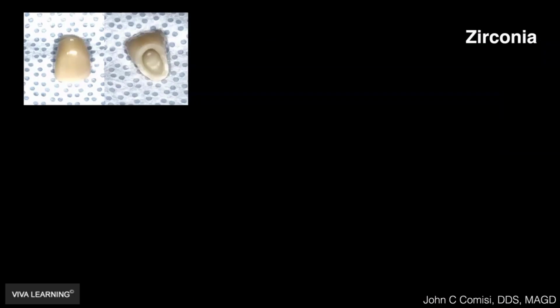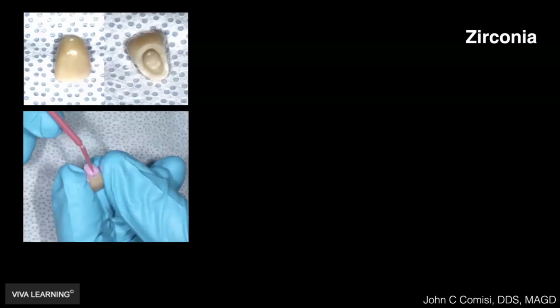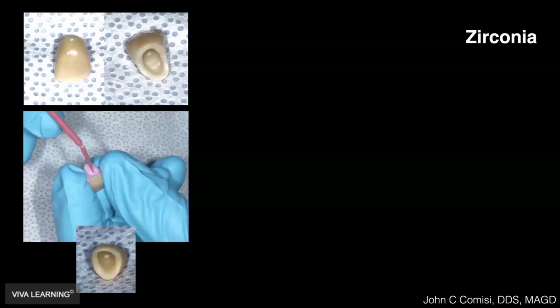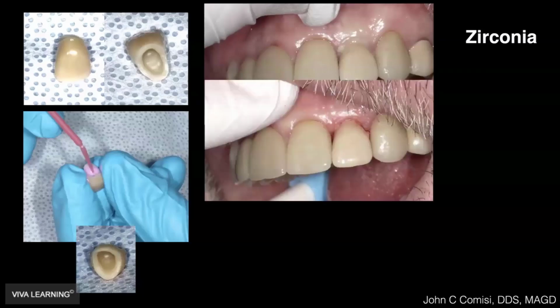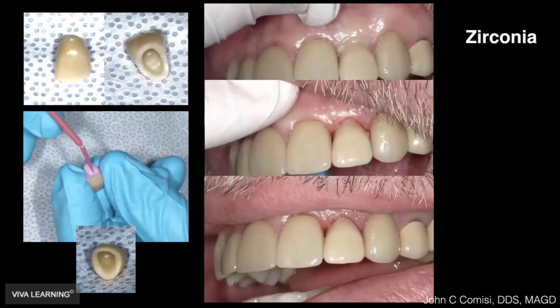And again, this is mine. Again, cementing this into place. We have this beautiful crown. You see the facial aspect of it and the intaglio surface. We went ahead and we used IvoClean in that area, and then used a zirconia primer with MDP. We then cleaned that all up. We then placed the Activa cement into the intaglio surface, placed the crown into the area there. You can see the excess. We tack cured it, we removed the excess, and there's the final crown in place.